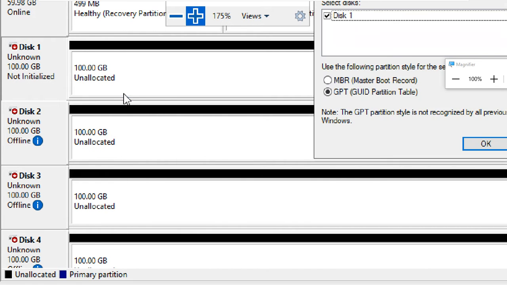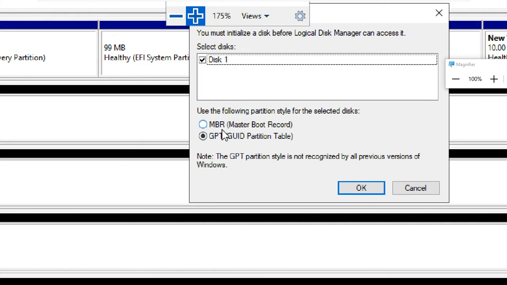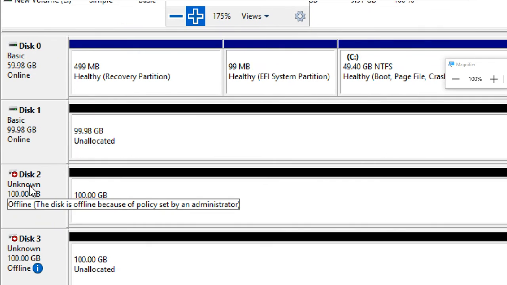Click initialize. It is asking GPT or MBR. You can initialize as MBR or GPT also. So I'm initializing as GPT. Now it is a GPT disk.